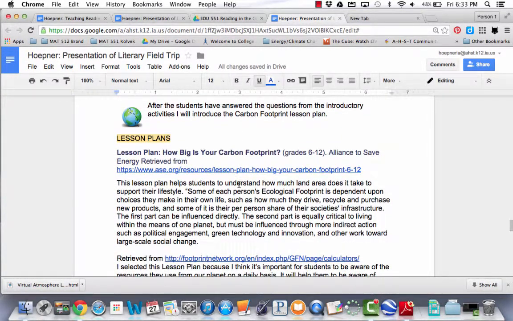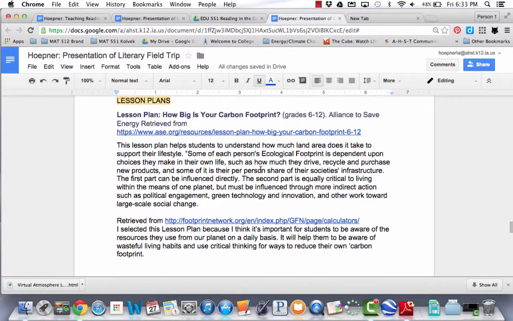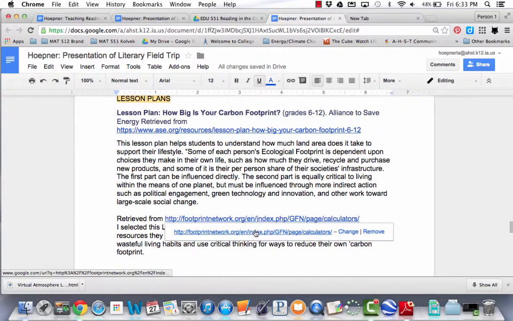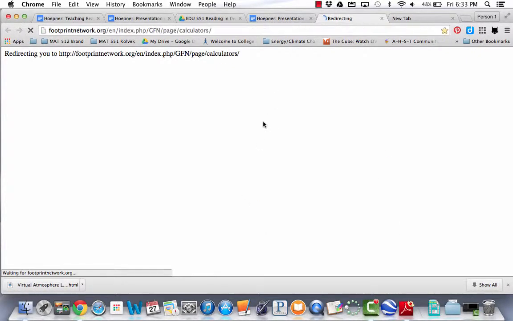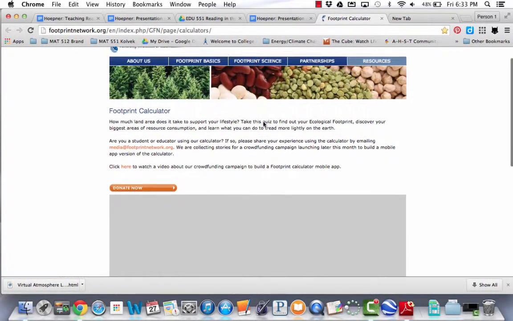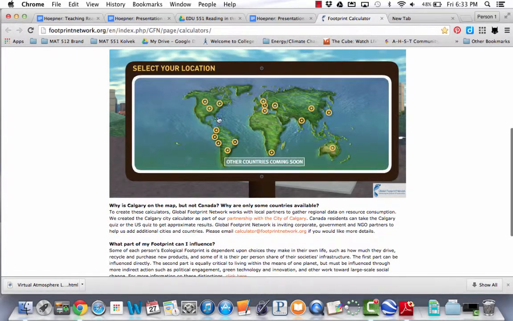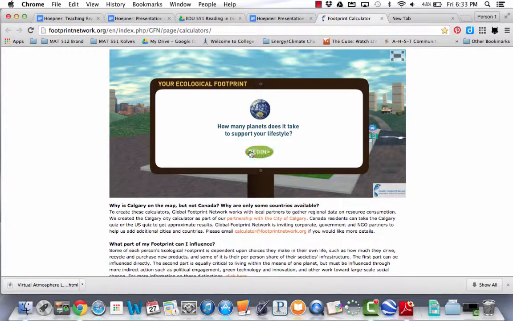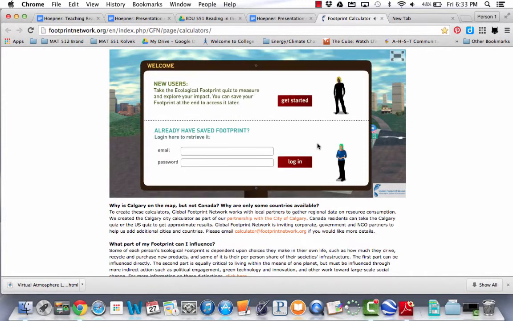It's one that's called How Big Is Your Carbon Footprint? And what this does is there's a calculator on it, and you enter some information about yourself, and it takes you through and tells you how many acres it takes to support your lifestyle. And it's a fun